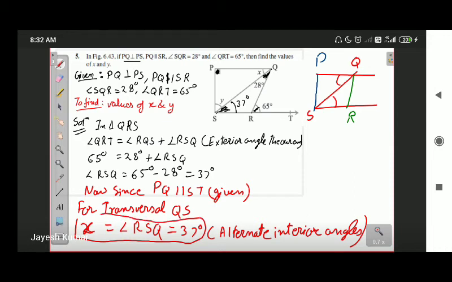In order to determine the value of Y, I can use many ways. First way can be, I can say that in triangle PQS, this angle is 90 degree, this is 37 degree, so we can determine the value of Y. Okay, or I can say that this whole angle is 90 degree because PS is a transversal. When we consider PS as the transversal, this angle was already 90 degree, this angle was also going to be 90 degree. Okay, so I can do that.